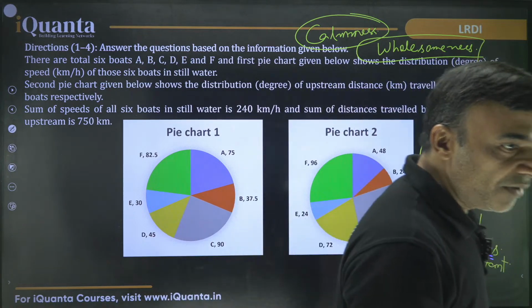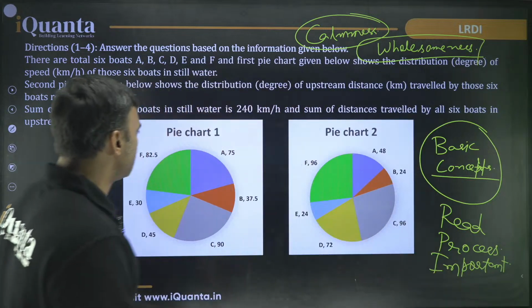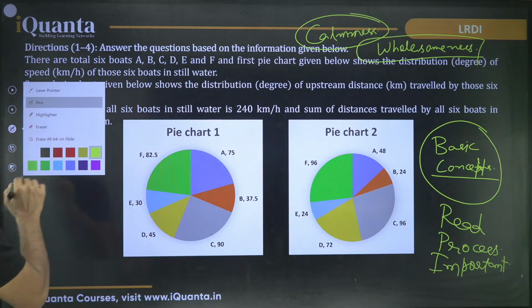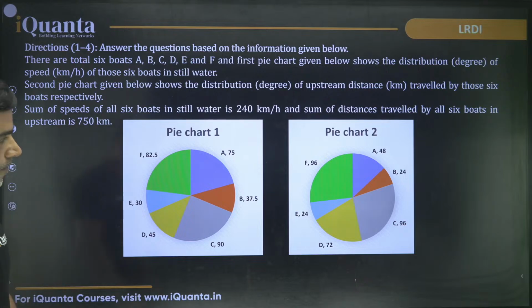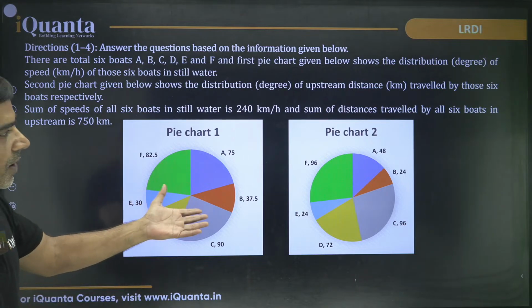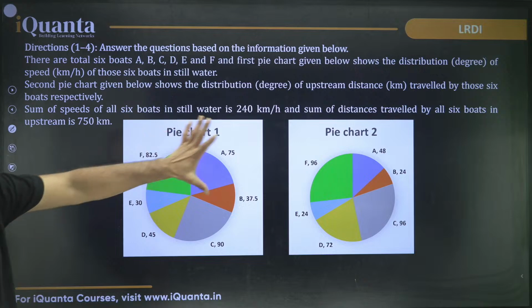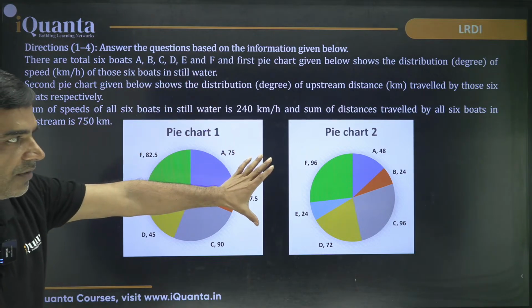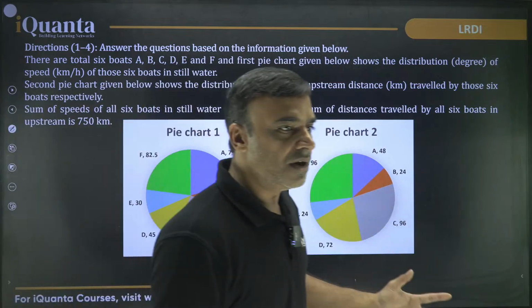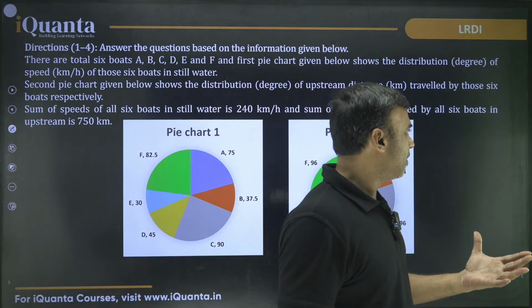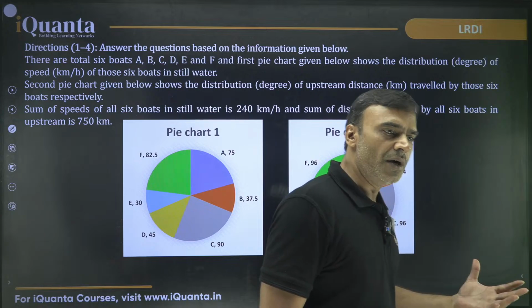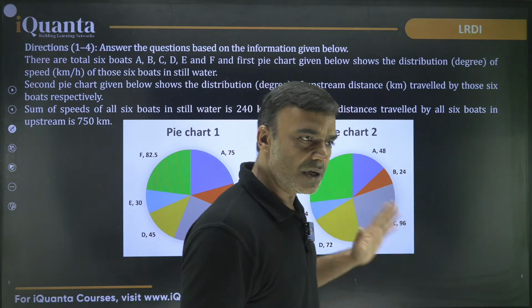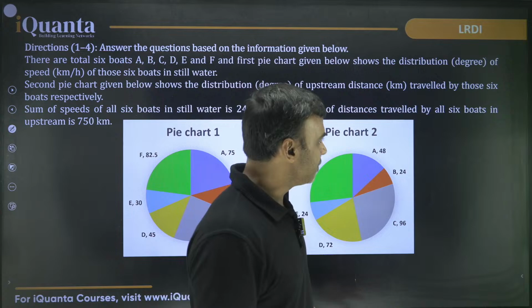So what we will do is, there is one set which is based on a pie chart. A pie chart is one way to represent data. Pie basically means circle. You can see that some information is mentioned in words, some information in the graph. Instead of building up with unnecessary preamble, let's do some work. Let's try to learn how to read the questions and how to solve them. Right? Agreed? Okay, so let's not waste time.